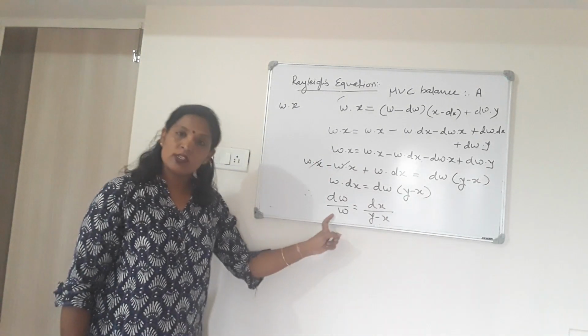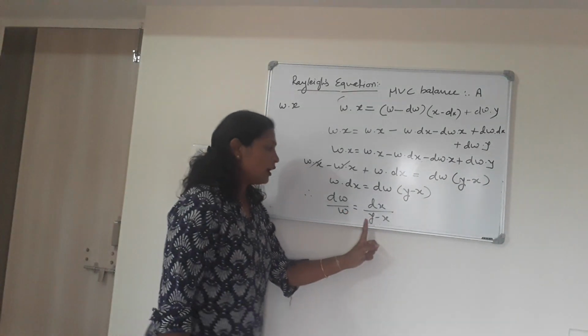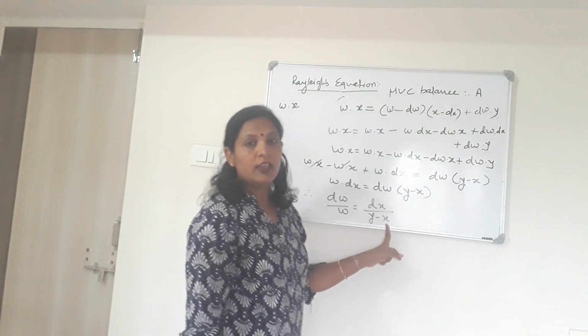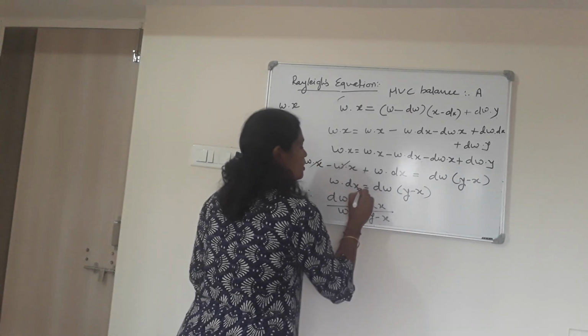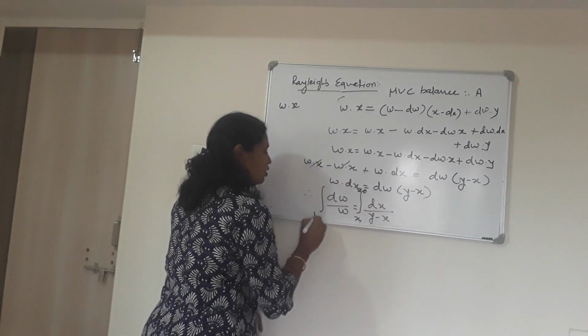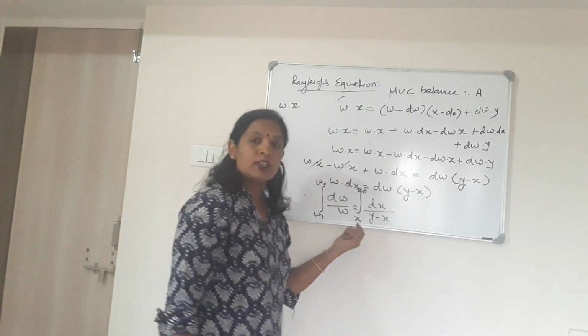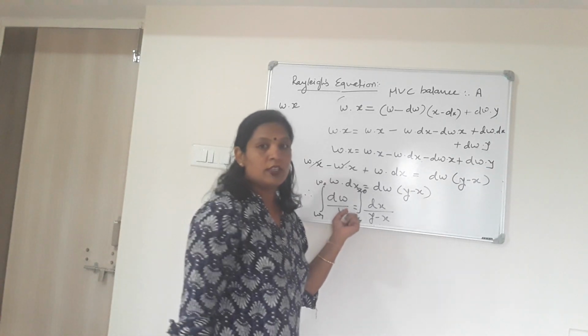Here W is the moles of feed, we can say initial moles. y is the mole fraction of A in vapor phase. x is the mole fraction of A in liquid phase. So if the mole fraction is changing from x1 to x0 and the value of W is changing from W1 to W0, we can integrate this equation and we will have an idea about simple distillation.